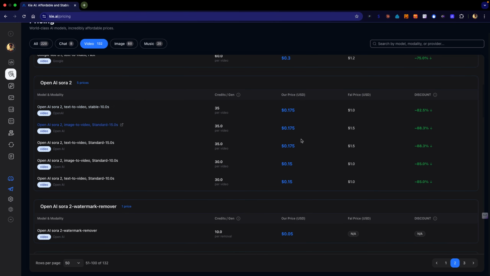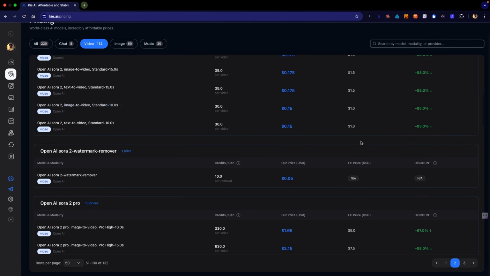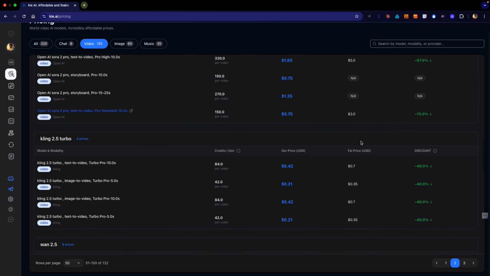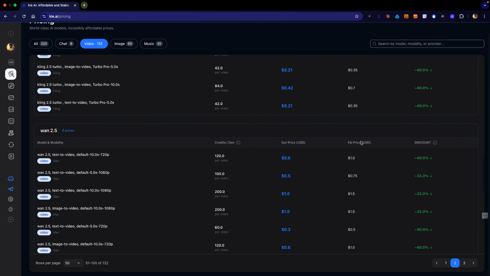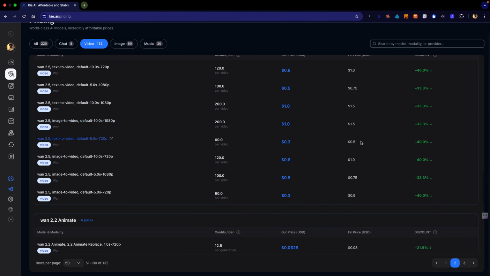So we have Sora. Sora is pretty expensive, but you can see here the prices per video with the generations. So we're talking about a serious discount right here when you're using Kie.AI. I know about 5 minutes into the video, I'm just showing you pricing. Well, that's because I want you to understand that one of the main draws that attracted me to Kie.AI to